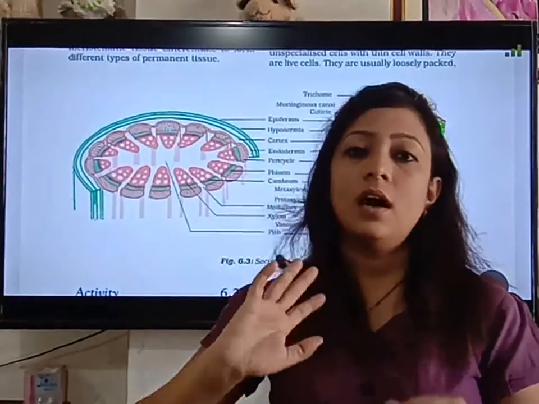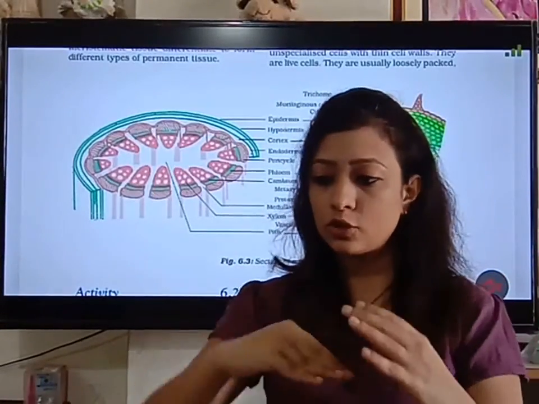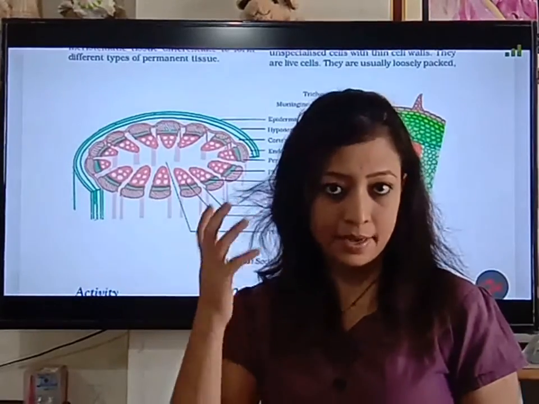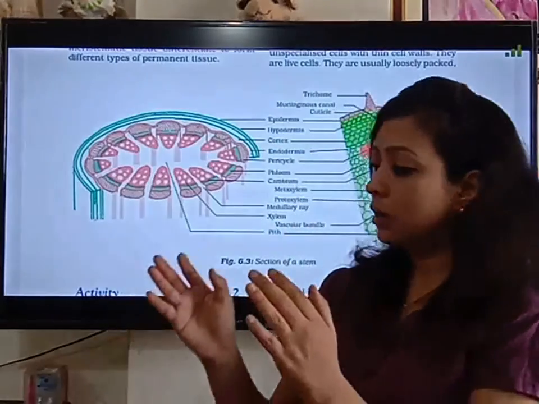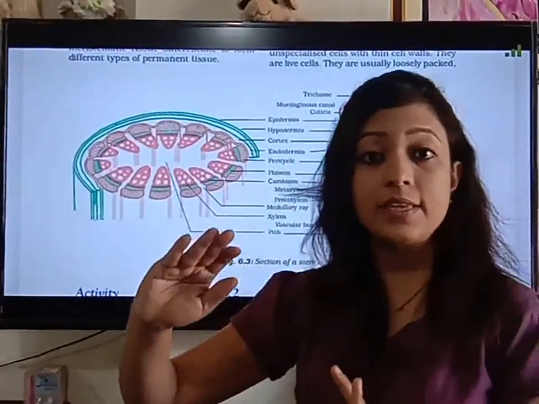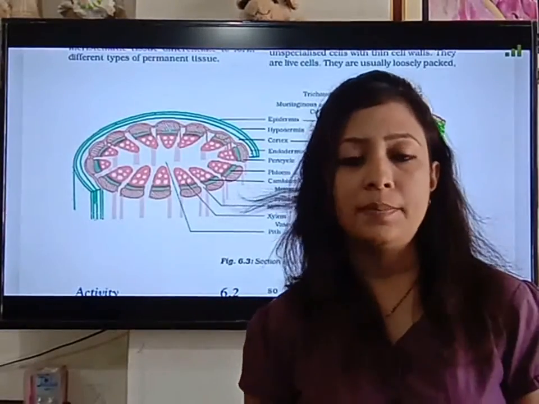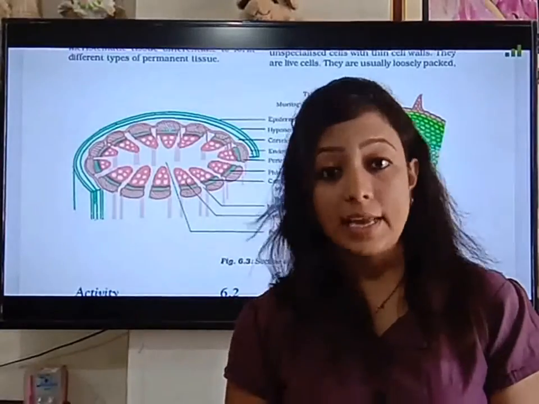Now this outermost covering also has one protective cover around it. जैसे कि जो एरियल पार्ट होते हैं प्लांट के, एरियल पार्ट मतलब क्या कि जो एयर की कांटेक्ट में है. अब जैसे कि रूट्स है तो रूट्स तो एयर की कांटेक्ट में नहीं है. सो जो स्टेम है एंड लीव्स है, दे आर इन अ कांटेक्ट विद एयर. सो द एरियल पार्ट ऑफ द प्लांट हैव the protective covering around the epidermis.